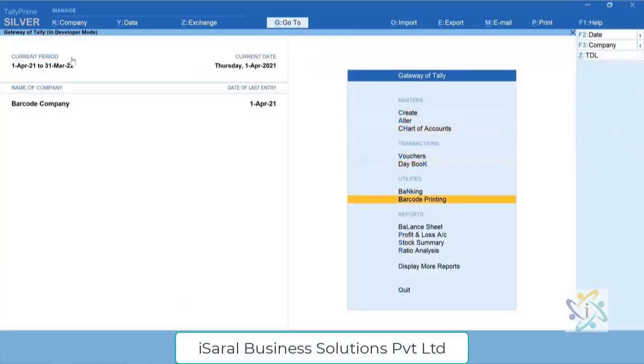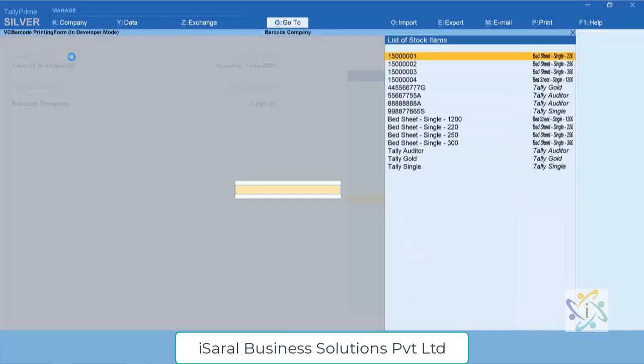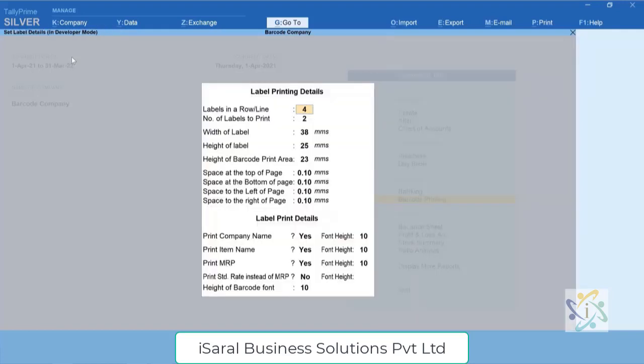So without wasting any time, we go to this barcode printing in gateway of Tally. Here we select a new item, called bedsheet single 220. This particular window will be seen on your screen. The first line is asking you labels in a row.